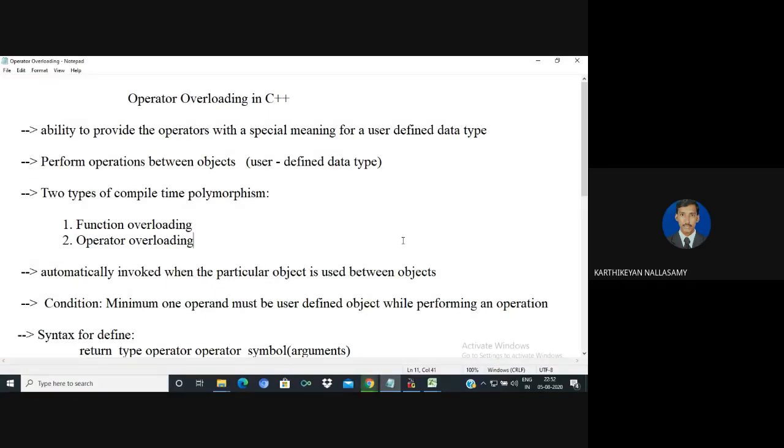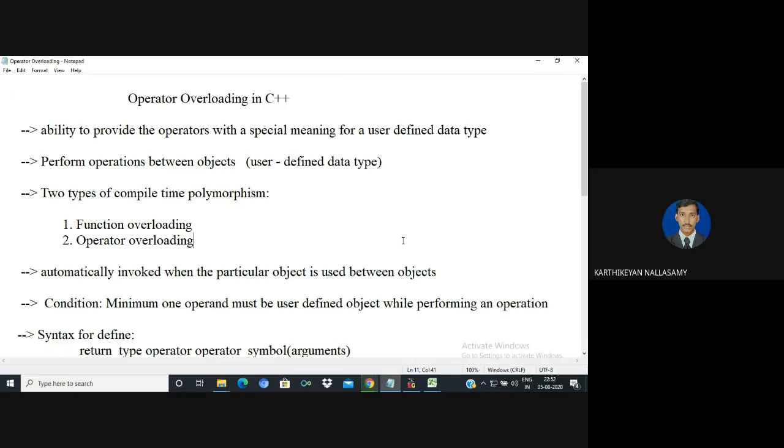As we know, operator overloading supports applying operators directly to the object instead of to every data member in the class. The syntax for defining an operator overloading method is a return type, followed by the keyword operator, then the operator symbol, then the arguments if necessary, and then the logic of the function.